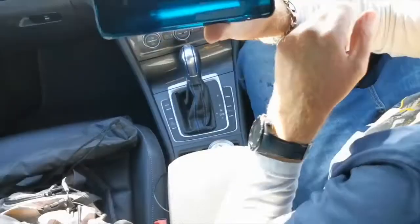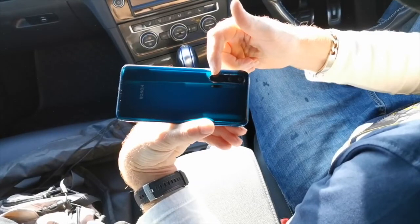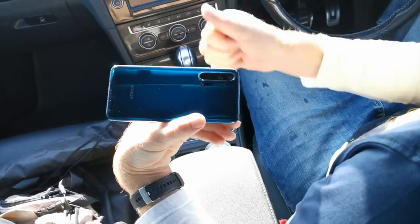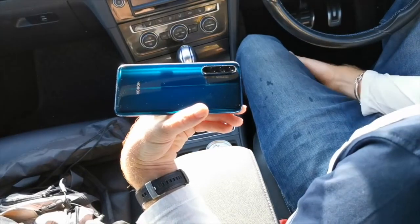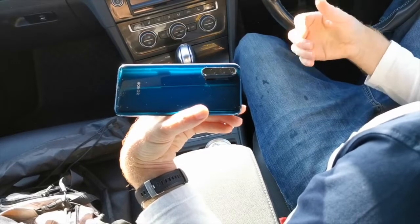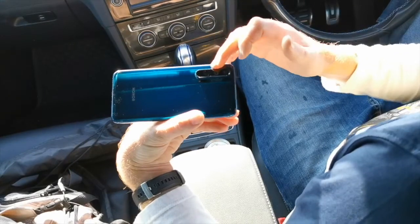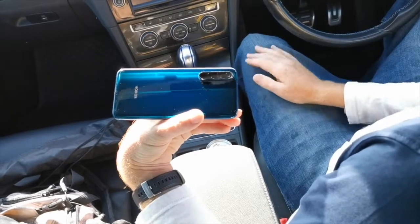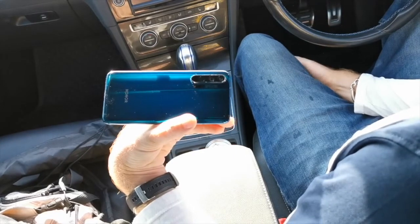The other big differences are up at the rear here. So you've got your 3 cameras. In fact, there are actually 4 because you've got your tiny little one down there. Starting from the top, you've got your 48 megapixel camera with, I believe, a 1.4 aperture. This is now down from the f/1.8, which was available on the Honor 20. You've then got an ultra wide lens, which will give you fantastic ultra wide photos, bringing your zoom level down to 0.6